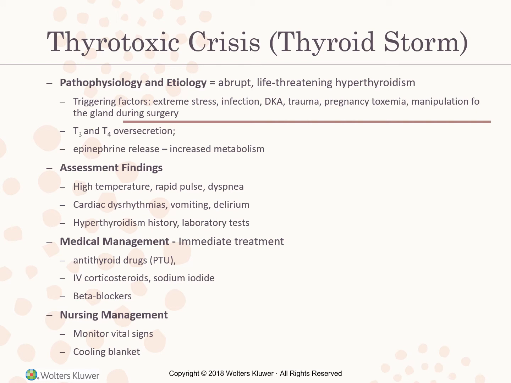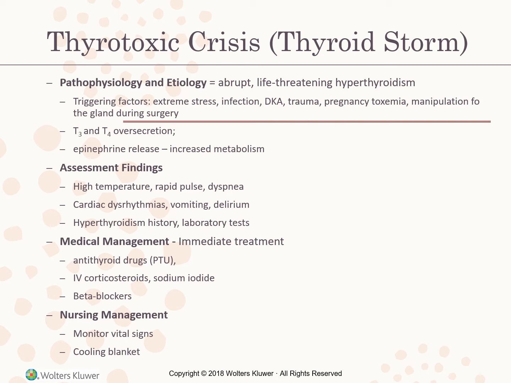So, in treating, immediate treatment is absolutely necessary for a thyroid storm. Antithyroid drugs such as PTU or methimazole are used to block the synthesis of thyroid hormones. An IV corticosteroid may be given to replace depletion that results from overstimulation of the adrenals during the hypermetabolic state. IV sodium iodide will prevent the thyroid gland from releasing additional thyroid hormones. Propranolol, a beta blocker, will reduce the effect of thyroid hormones on the cardiovascular system, and supportive therapies include IV fluids, antipyretic measures, and oxygen therapy.